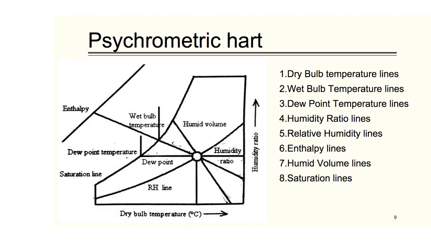Next we have the psychrometric chart. All these psychrometric properties are presented in a graphical manner for air in different cases. It can be for a mixture of different gases and water vapor, or atmospheric air. Generally we use the psychrometric chart at atmospheric pressure, and this chart consists of 8 psychrometric properties. These are